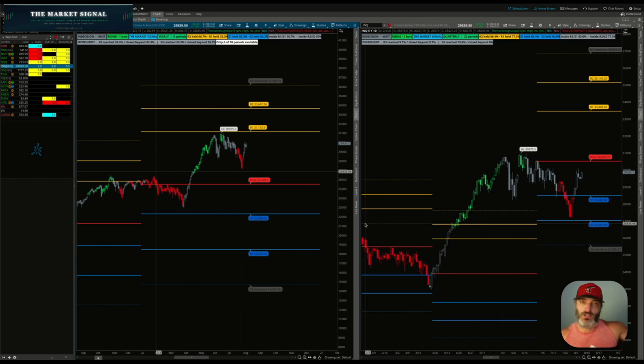I'm going to take you out, give you a bigger picture. So on the left side of my screen today, I've got yearly pivot levels, which are the biggest pivot levels that I generate off of this program. And over here, I've got quarterly, which is kind of the second biggest. I want to look at where we are in a much bigger picture and what we can potentially expect moving forward based off of this picture. All right, let's talk about it.